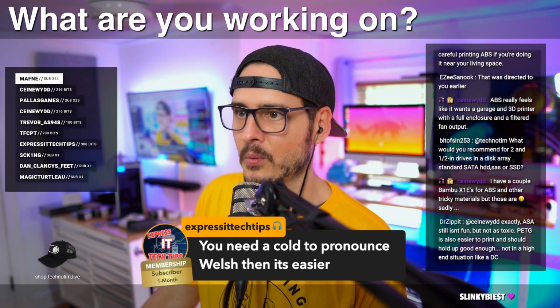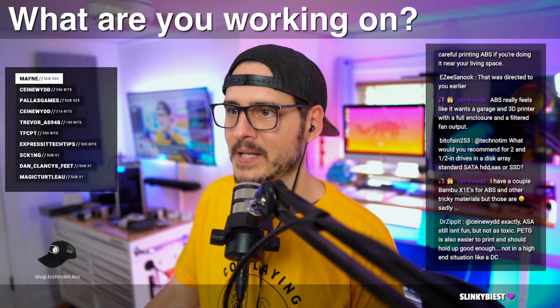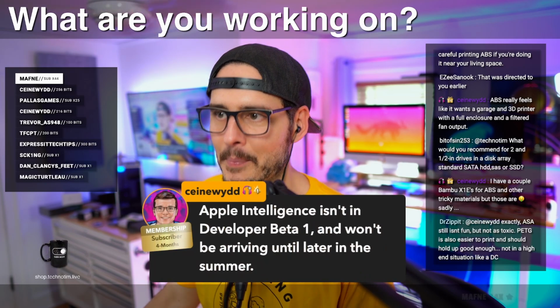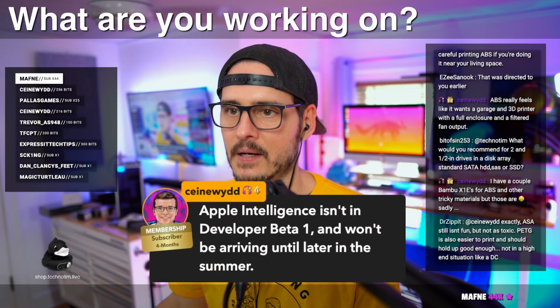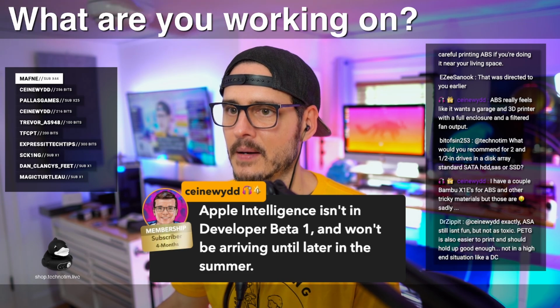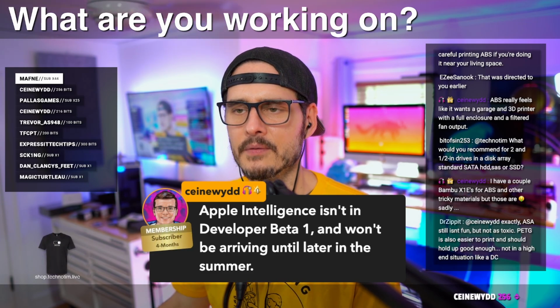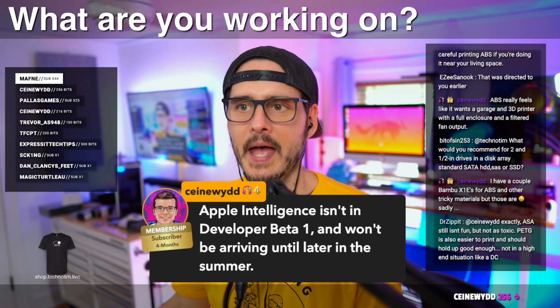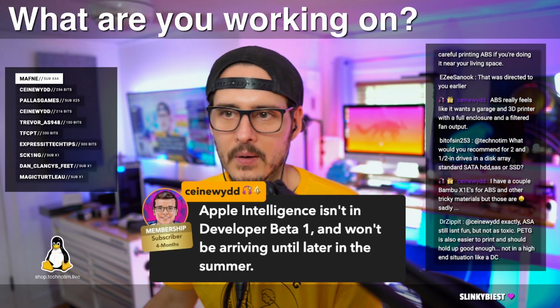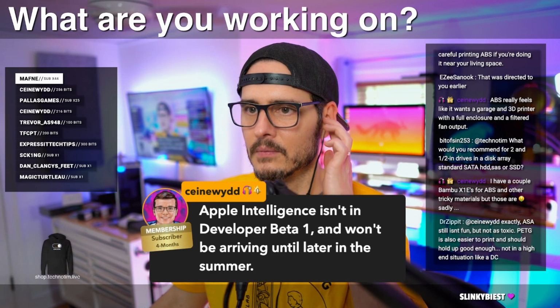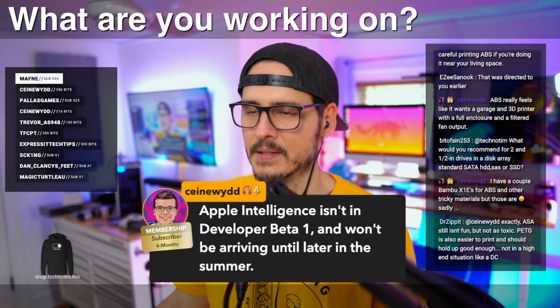Man, time has flown by and I've already gone over a little bit. Let's see. Alex says Apple Intelligence isn't in developer beta 1 and it won't be arriving until later this summer. Yeah, I don't want to say they have the cart in front of the horse, but they had to announce AI at this WWDC or people would just, it was 100% expected.